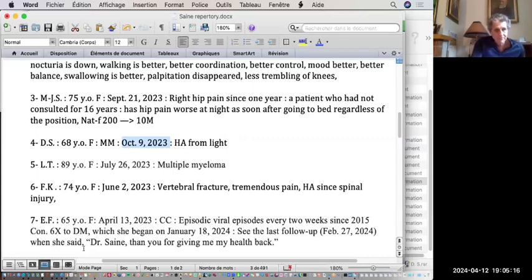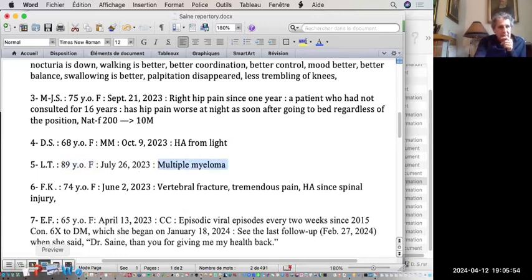Let's look at the next case, which is LT, another patient with multiple myeloma. I think we have 3 here with multiple myeloma. My secretary told me there are so many people with multiple myeloma. It doesn't seem like it was so common 10 or even 20, 30 years ago. Right now, we have a lot of calls for patients with multiple myeloma. In any case, she's 89 years old. When I saw this patient, I said, well, what does she expect at 89, not to be treated with multiple myeloma? But it was a very good, successful case.